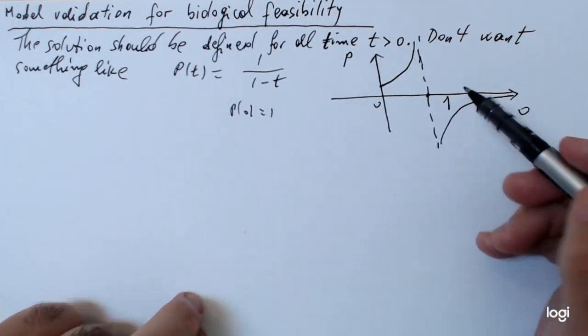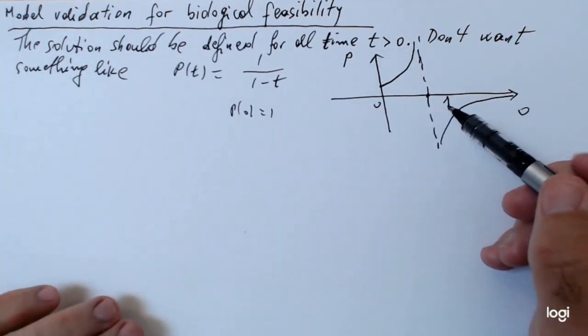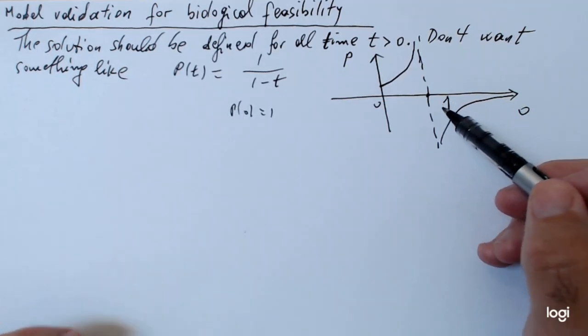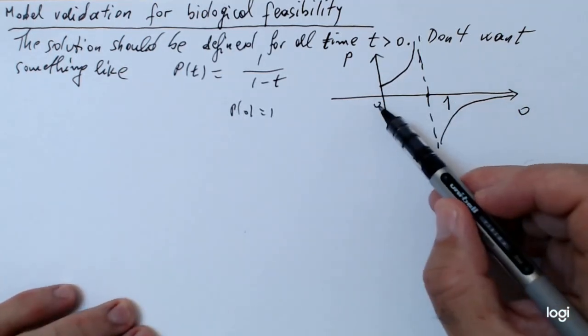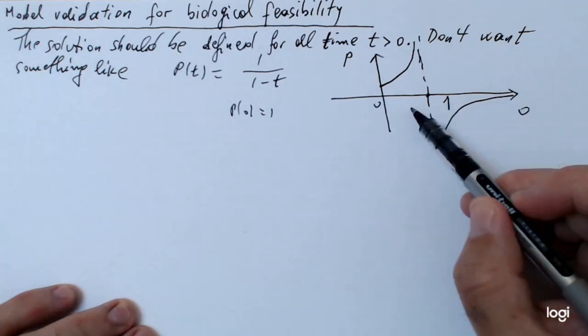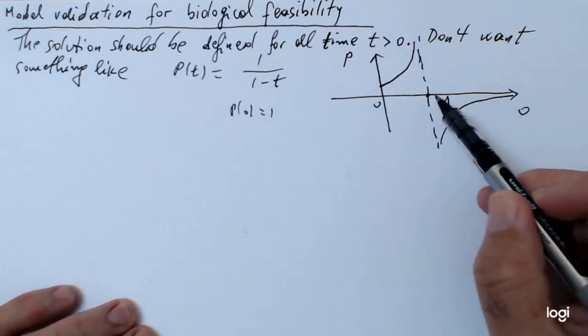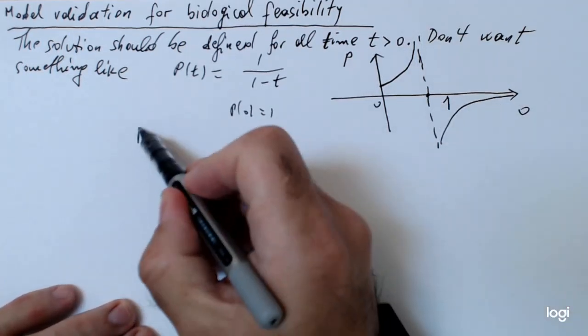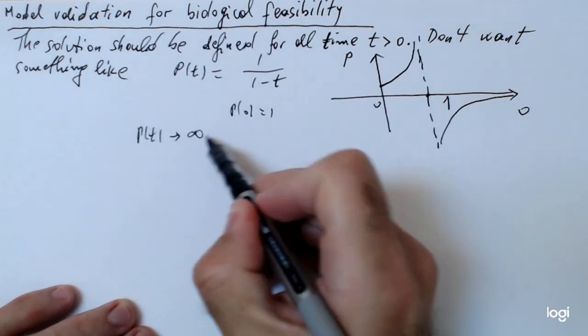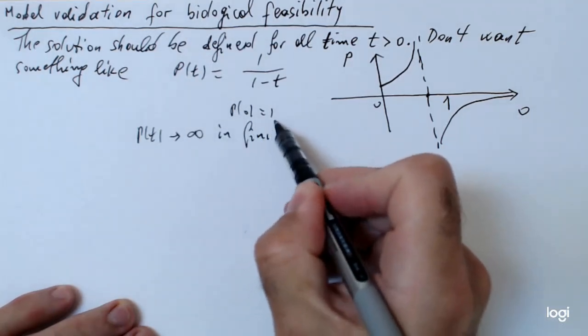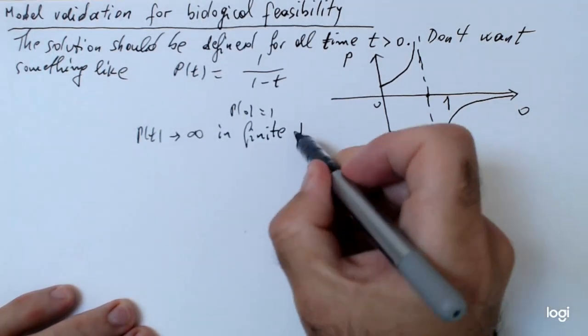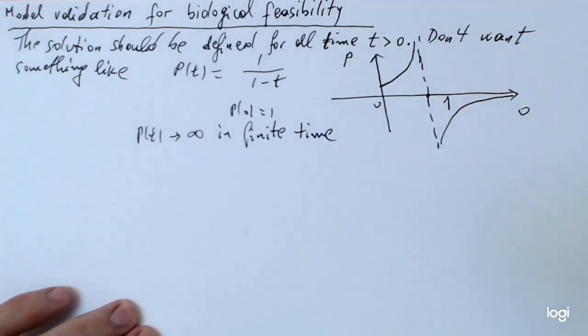So the problem with this is not only that something is wrong in the model that doesn't allow you to predict what happens beyond time t equals 1, but it also predicts that P of t goes to infinity in finite time. In the language of modeling, this is sometimes called blowing up in finite time,